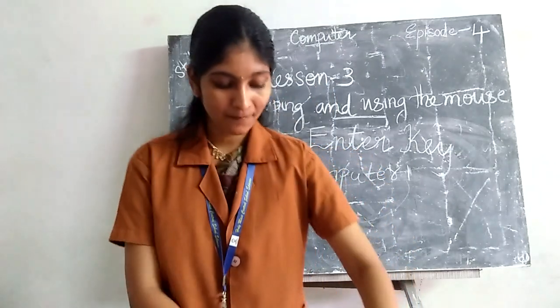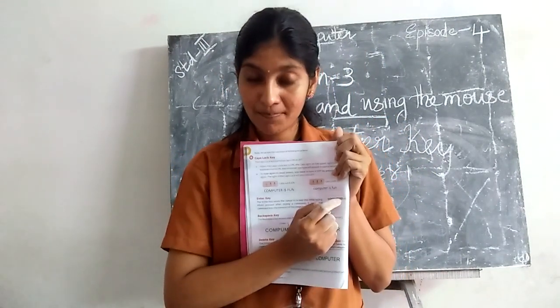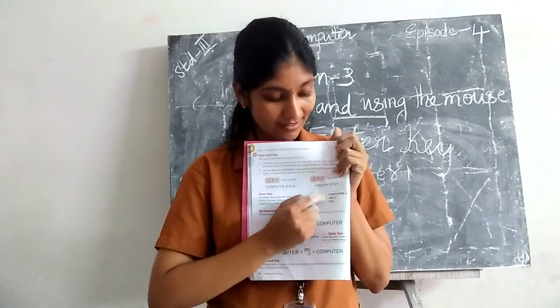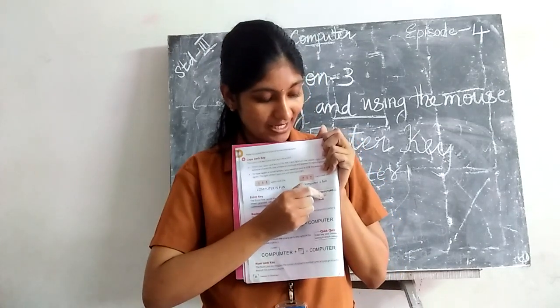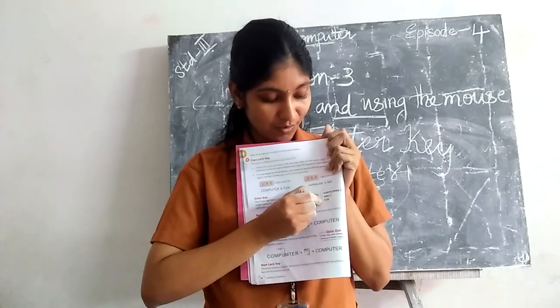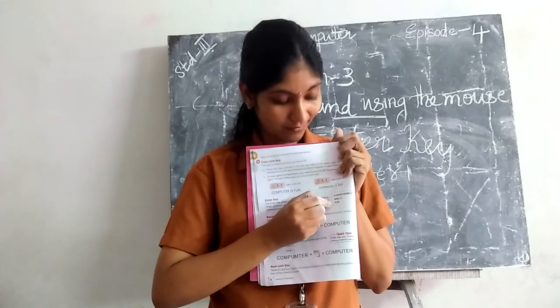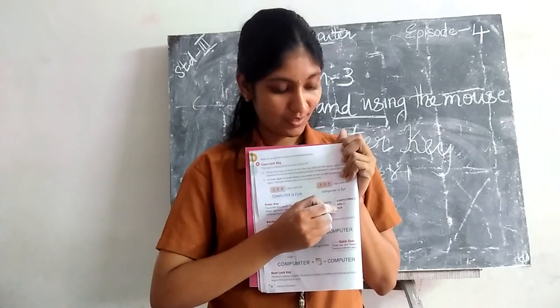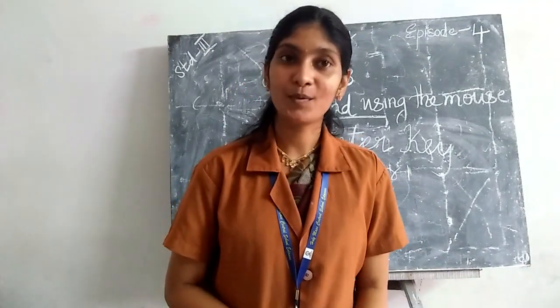So here is the example. Computers. When we press the enter key here, the cursor will go to the next line. So we can type ARE. Then the cursor will be here. Then when we press the enter key, the cursor will go to the next line. Then we can type there what's fun. So that means the enter key is used for creating a new line.